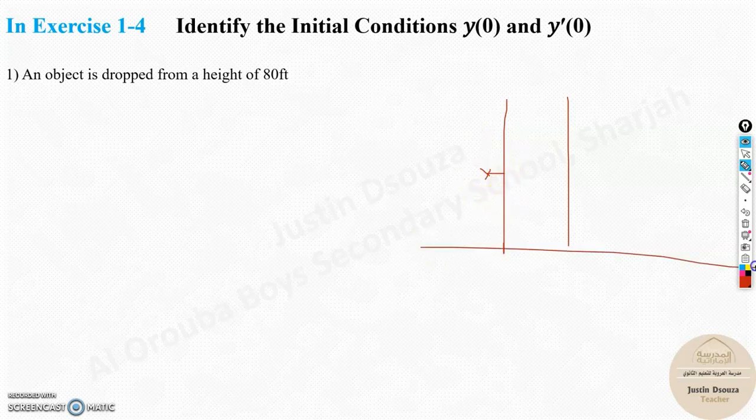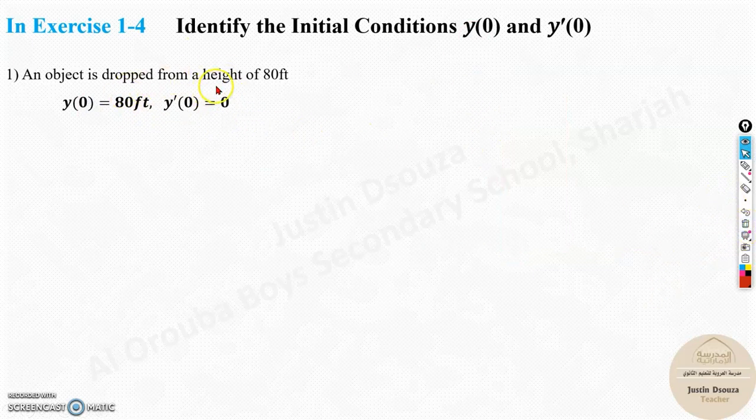What is the initial height? This is 0, it's at 80 feet, so this will be the initial condition. At time 0, it is already at 80, so y of 0 will be 80. Now, there is no velocity information, so y dash of 0, that is the velocity, is 0